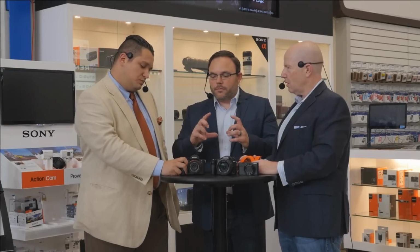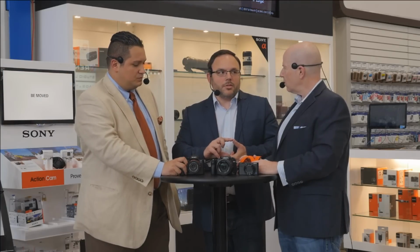XAVC S. And that being said, not only can it use the full frame, but you can also shoot in Super 35 mode. So you can shoot super-sampled Super 35 4K video out of this camera, and it almost eliminates rolling shutter altogether. So you're able to shoot extremely fast, unbelievably high ISO, very good video quality out of the